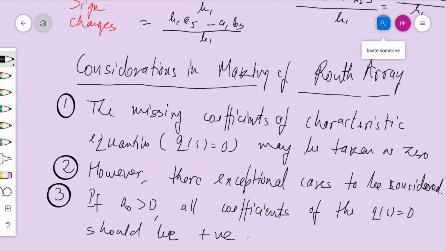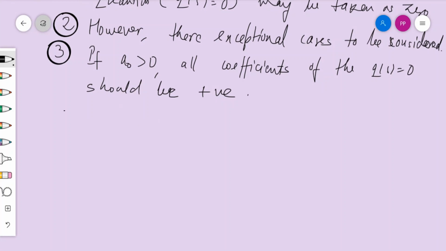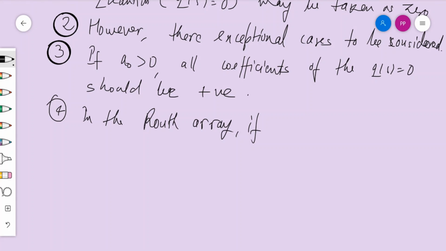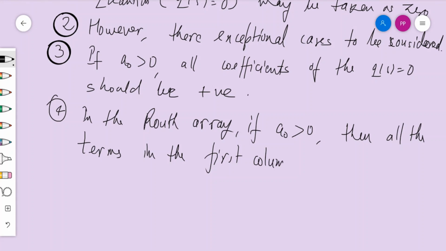Next, point 4. If this is in the Routh array, if a0 is greater than 0, then all the terms in the first column must be greater than 0. That is, I have a1 greater than 0, b1 greater than 0, c1 greater than 0, up to an greater than 0, like that,